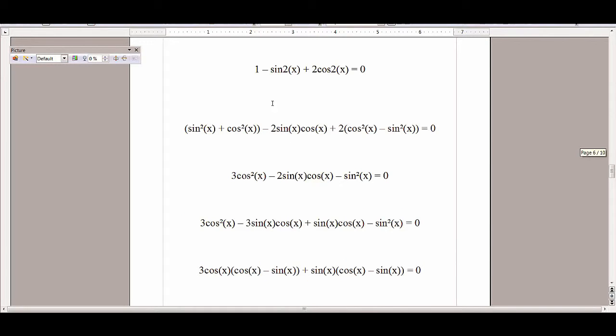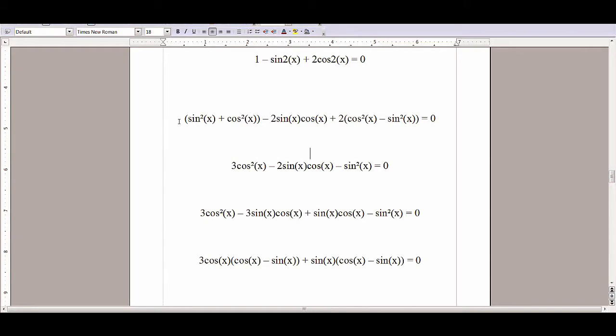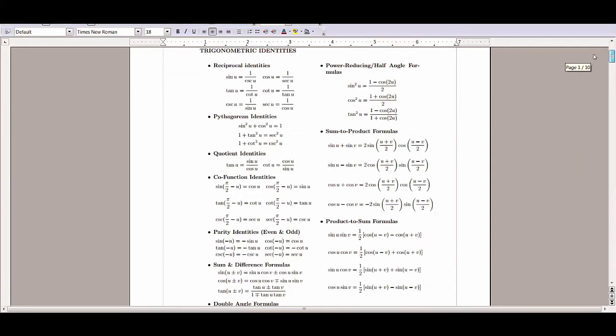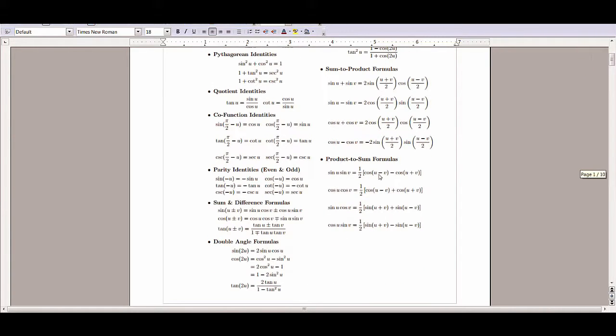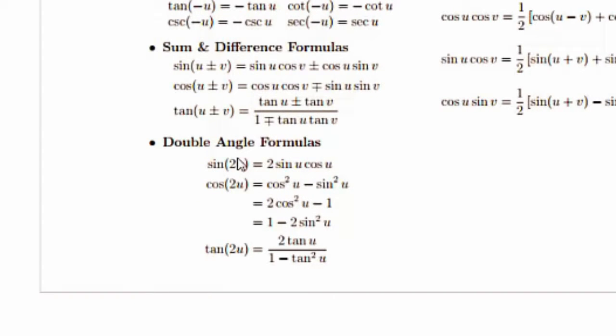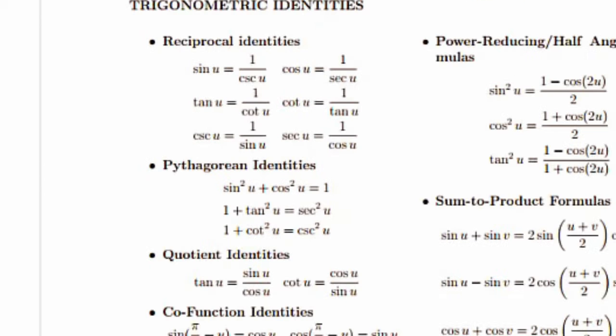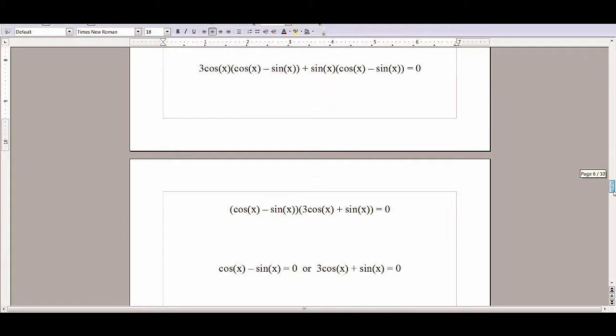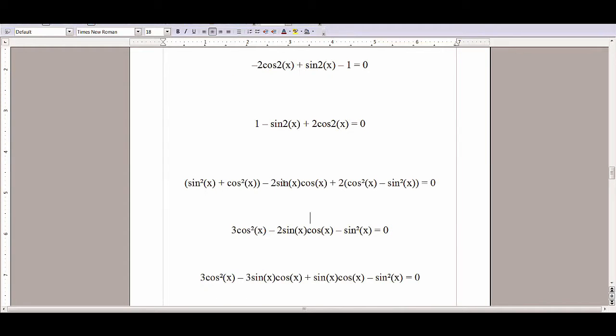And then what you do is you take this 1, and you know that that's sine squared plus cosine squared, that's a pretty obvious one. Then you've got this sine 2, and that's a double angle. Now what is a double angle? So basically sine 2 is going to change into 2 sine times cosine because of some weird rules that nobody understands. This turns into negative 2 sine cosine, and then this, use the other double angle formula for